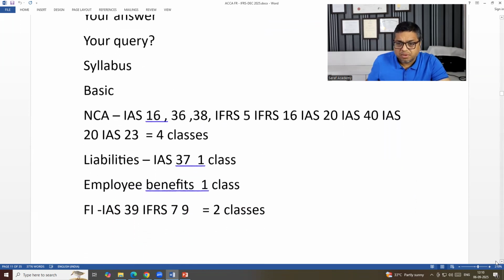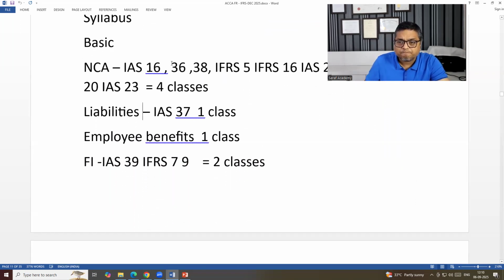The last thing before starting our syllabus: we have IFRS and IAS as the syllabus content. IFRS, International Financial Reporting Standards, and IAS, International Accounting Standards. In 1975, the governing body was publishing IAS, International Accounting Standards, till 2000, till the old century.